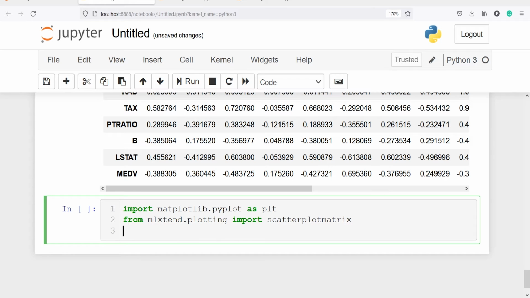Now I'll make one variable cols, and I want to include a few columns only, such as first we will include LSTAT, second is B, third TAX, and then our target variable MEDV.